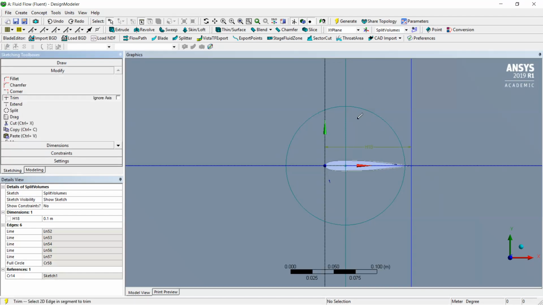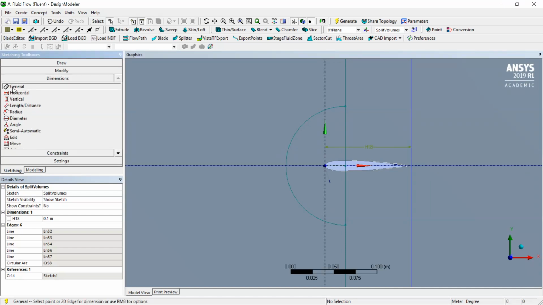I will trim it from here and here, so we have a semicircle, and I will put a dimension now in the new semicircle. Now it transformed from diameter to radii, and I will put 0.1 meter as well,